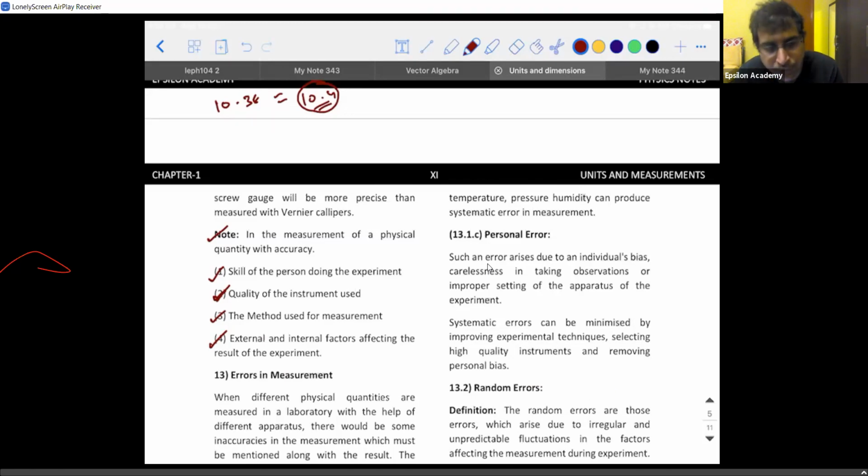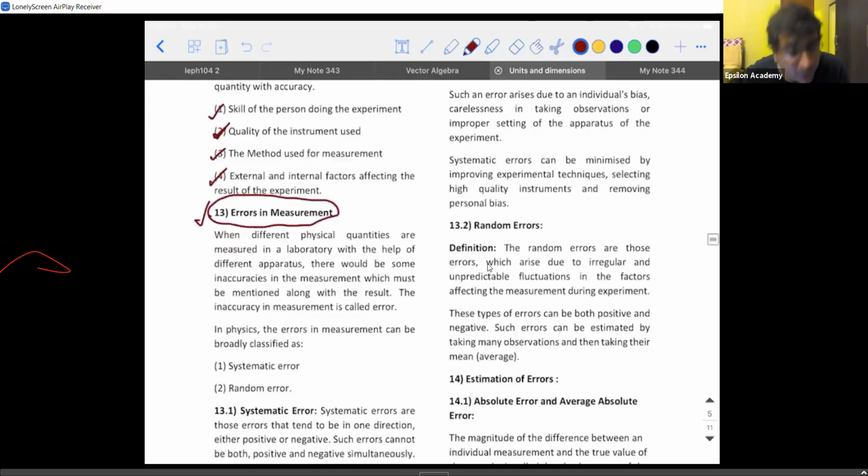Though we try to be as perfect as possible, definitely you will have some errors in the measurement. It can be due to any reason. But generally, when you're taking a measurement, we should not concentrate on the fact of not getting an error. Rather, we should concentrate on getting minimal error. That is what the next topic is going to be, which we call errors in measurement, which I'll start in tomorrow's class, because you have the next class. I suggest you all go through this content before you come.